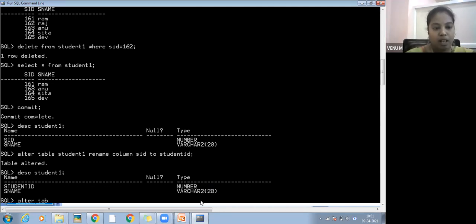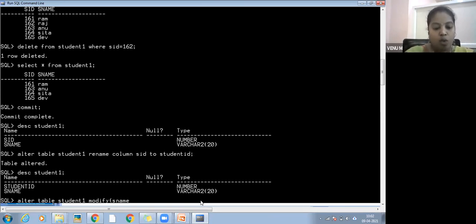Alter table student one, modify column. Which column do you have to modify?